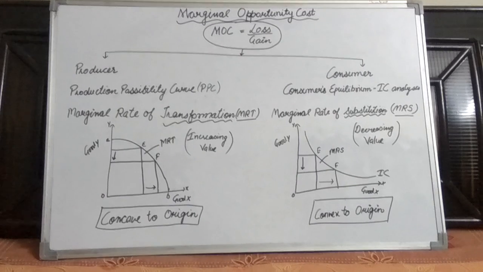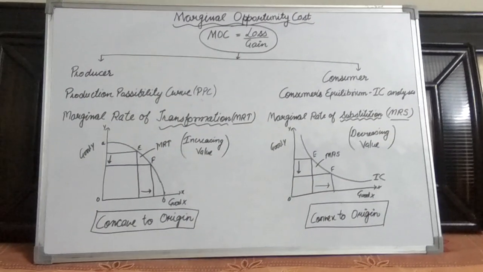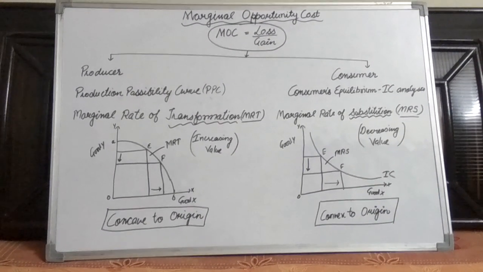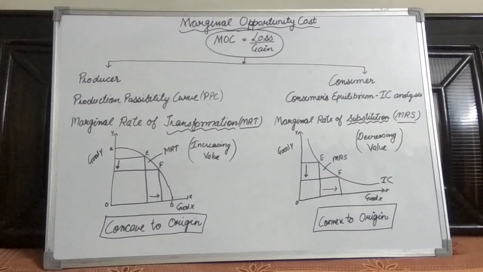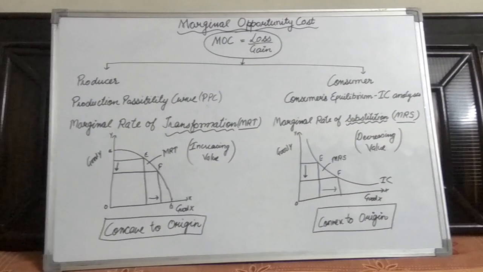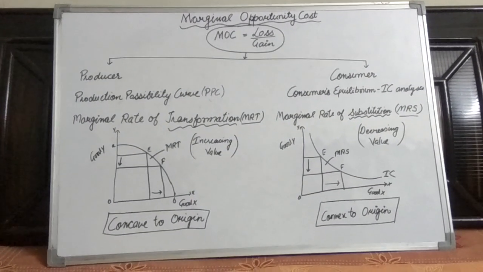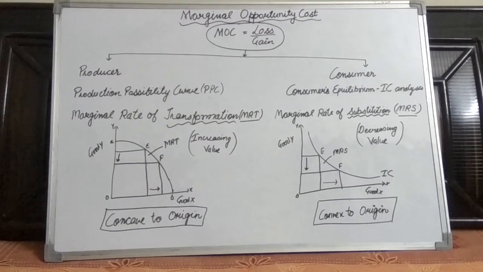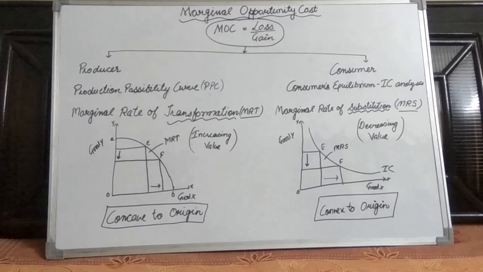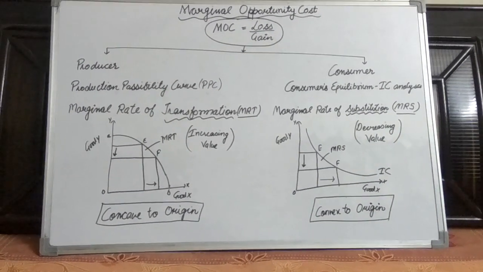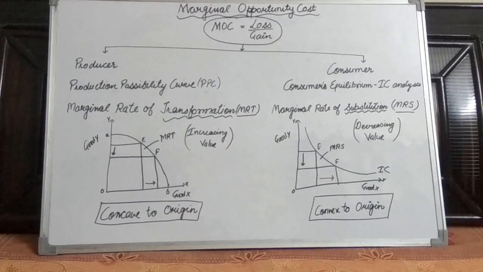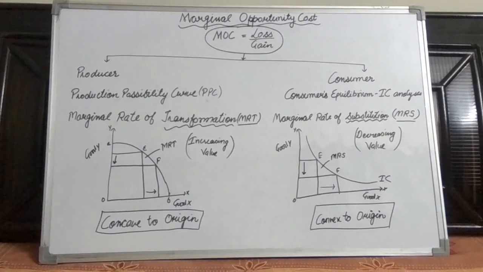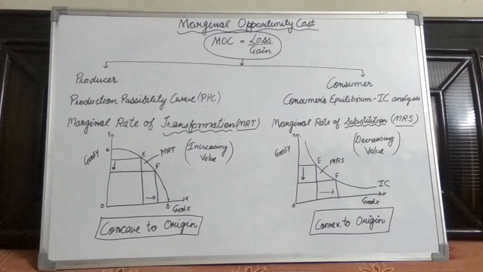In case of production, the producer has to decide which quantity he should produce more and in what quantity, as he has two goods to produce with the given technology and resources. So he is in a dilemma about which quantity he should produce more, and whatever amount he sacrifices is termed as marginal rate of transformation. So here in the figure we have drawn good Y on y-axis, good X on x-axis, and accordingly the curve has been drawn.